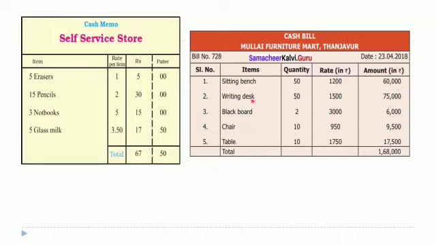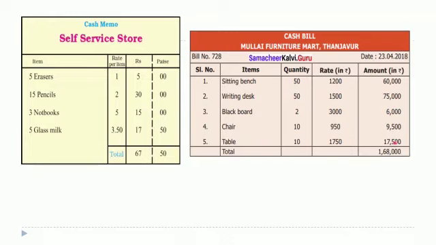And the writing desk which you are using, sitting in your school, they are for 1500 each. And you see the blackboard, it is 3000. These costs are actually less than nowadays. The costs are more. So you should take care of all these things. This is just for your example. You don't have to write how the cash memos are prepared.